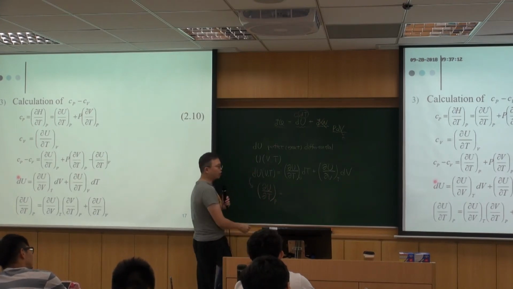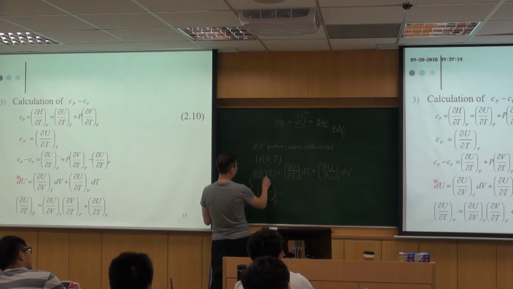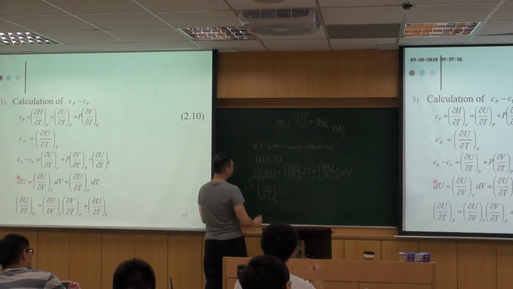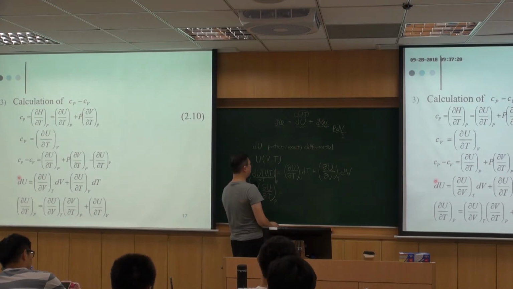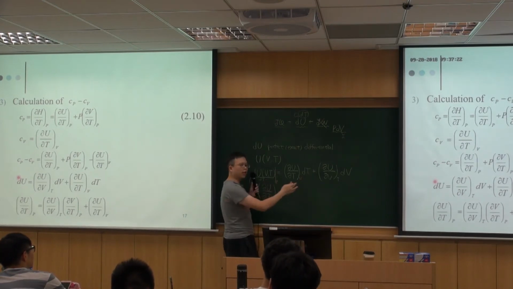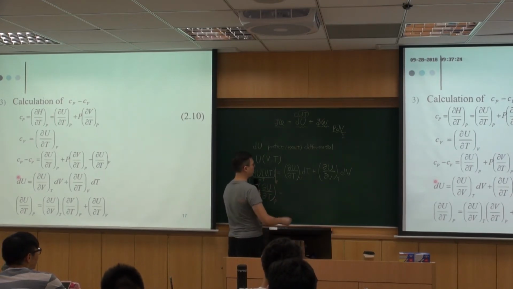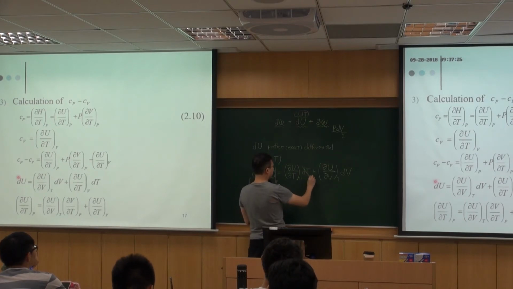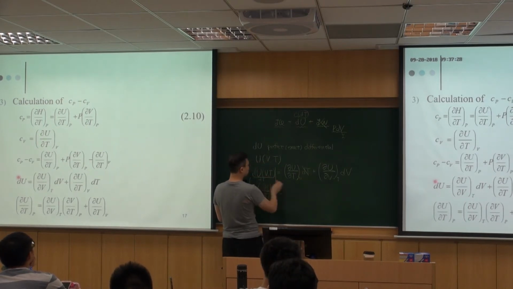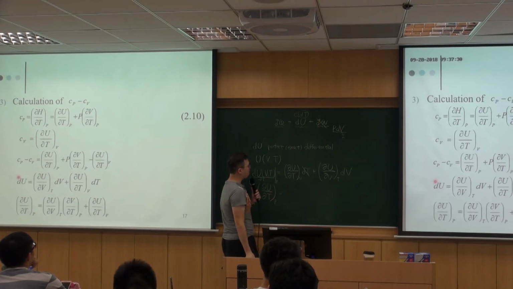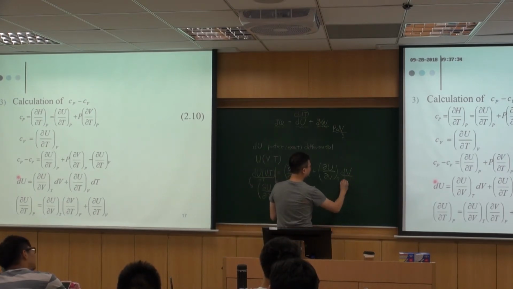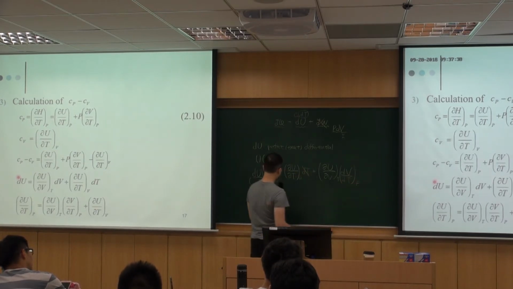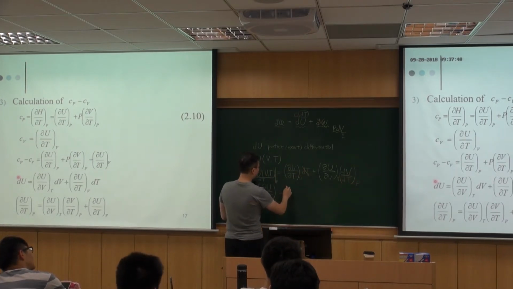You can imagine that this is something like dU over dT, and then fixed pressure. So if you divide both sides by dT, then this is gone, right? Because this is moved to this side. And for this part, you have a dV dT and fixed pressure. So in the end, you'll have